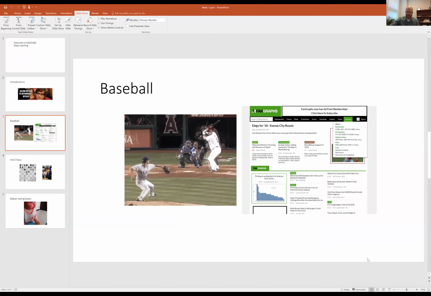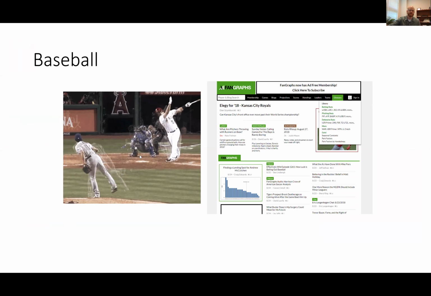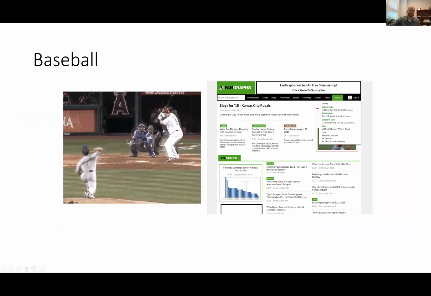And I'm going to have a couple GIFs I want to share with you that kind of highlight what I really like about baseball. And so here's a baseball GIF right here. It's Yu Darvish throwing a baseball, 5 different pitches, and he's throwing them to Albert Pujols at the plate.